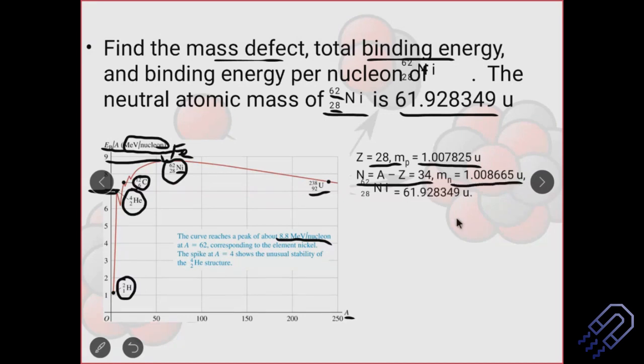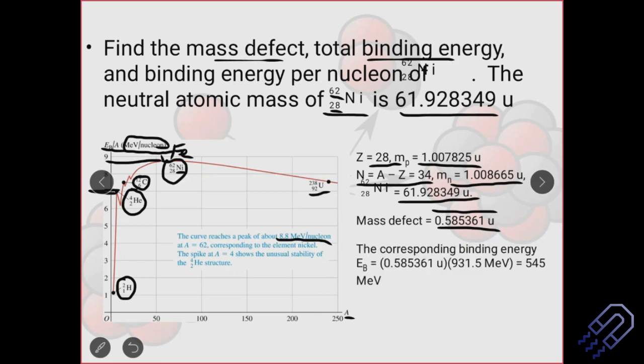The next step is to know the mass of the entire nucleus. The mass of the neutral nickel-62 is this. This is less than 62, of course, and then we get the mass defect. We can do the calculation here: multiply this by this, plus this by this, minus this. If you do the calculation just like yesterday, I hope all of you have done that, you're going to get this result. So this is simple.